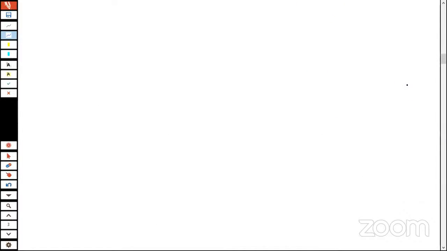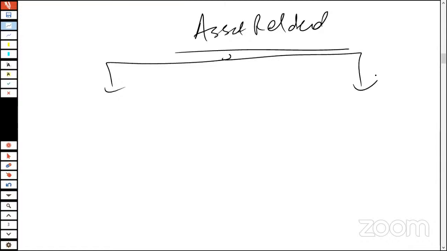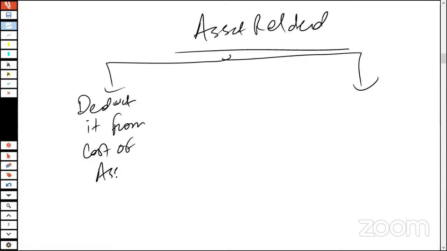How exactly are we going to be accounting for the asset related and the income related grant? When we talk about the accounting for the asset related grant, as per IAS 20, there are two ways to account for it. And what are those two ways? One of them is you can deduct it from the cost of asset. Alternatively,